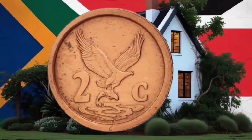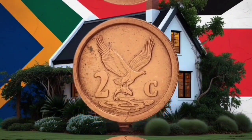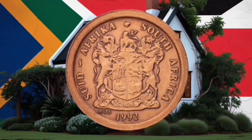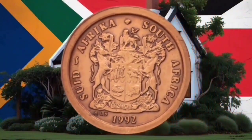In some extraordinary cases, authenticated error coins or proof condition coins have sold for staggering amounts. A confirmed rare 1992 2-cent coin with unique die errors was once valued at nearly $1 million by a private collector, owing to its rarity, perfect condition, and historical importance. That said,